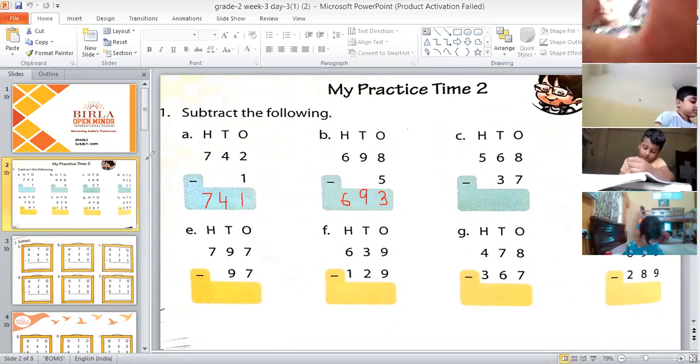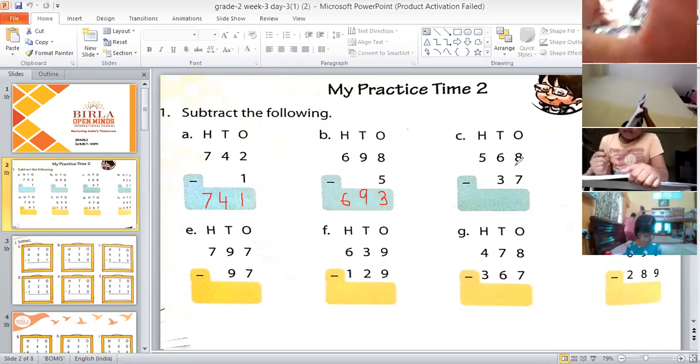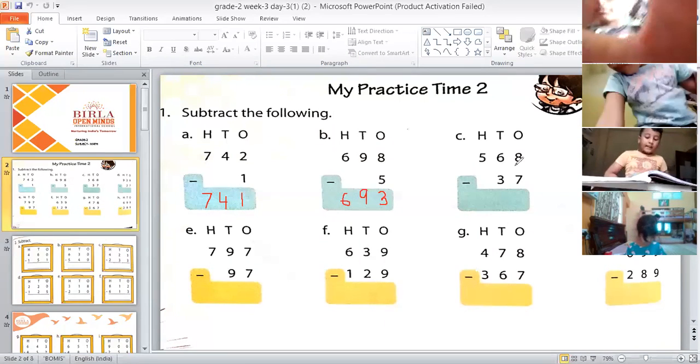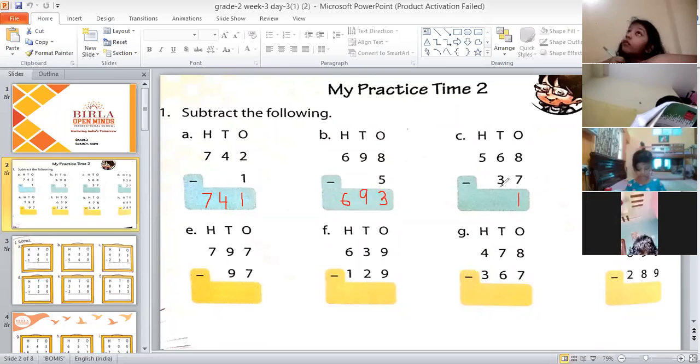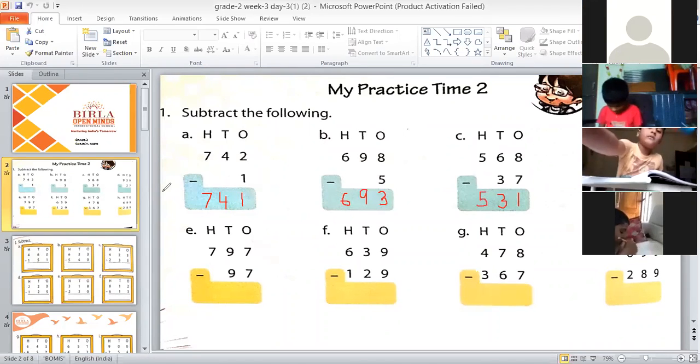Okay. RN, sit down. Pathan, now you tell me answer for bit C. First read this question, Pathan. What is this? What is the question? Read that. 568 minus 37. Very good. So now tell me 8 minus 7 how much? 1. Very good. In ones place we will write 1. Now 6 minus 3? 3, ma'am. Yes, very good. And what we will write in hundreds place? We will write 5 as it is because there is no number. Yeah, there is no other number than 5 in hundreds place. So we will write 5 as it is. Very good, Pathan. That's the correct answer.